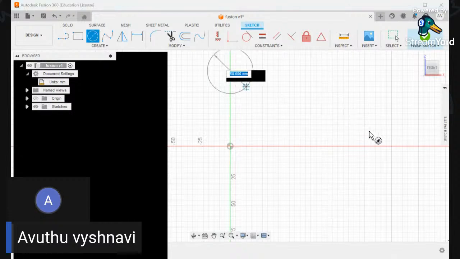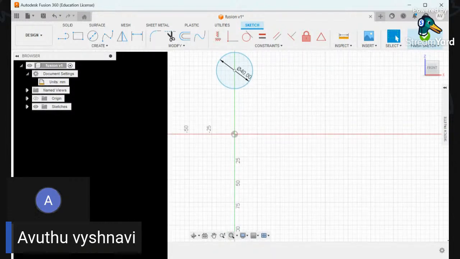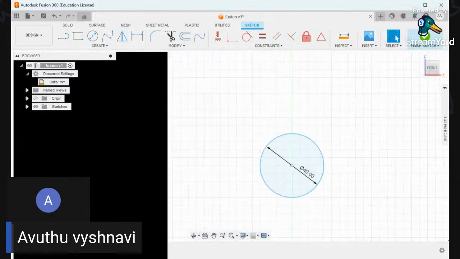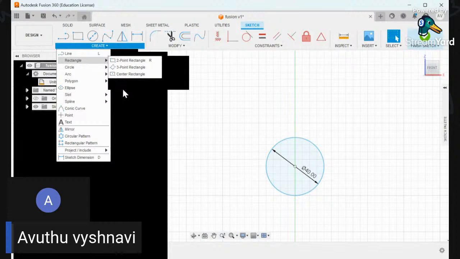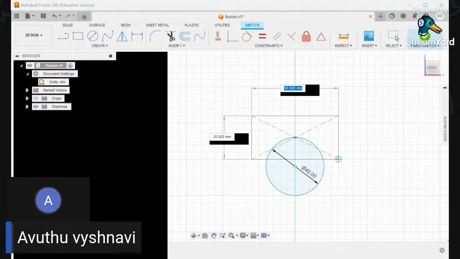specifying some center, and I'm giving the radius as 40 millimeters. I'll just adjust it to fit my screen. Now I'll be drawing a rectangle. In rectangle, we have 2-point rectangle, 3-point rectangle, and center point rectangle. We can draw the rectangle in all these 3 types. Now I'll select the center rectangle. Now I'll place my cursor on the top of the circle point,